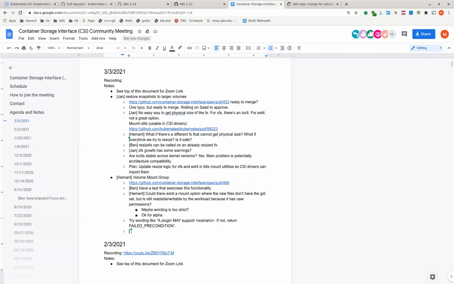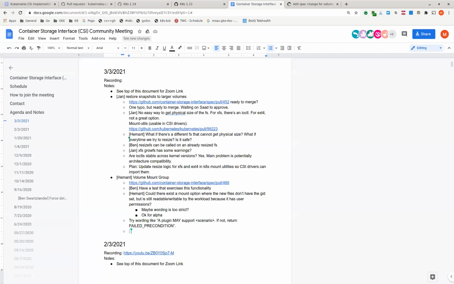The volume already exists error indicates that the volume corresponding to the volume ID has already been published at the specified target path, but is incompatible with the specified volume capability or read-only flag. So we cannot use the already exists error for publishing the volume on a different target path, as far as I understood. Correct?